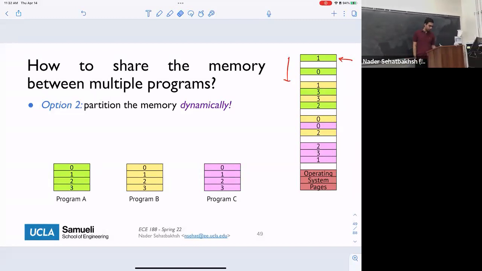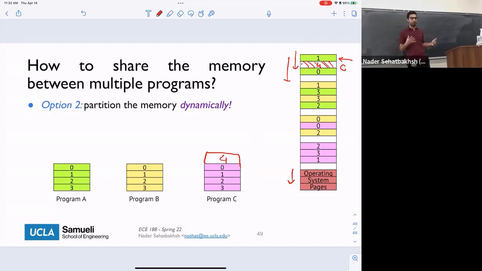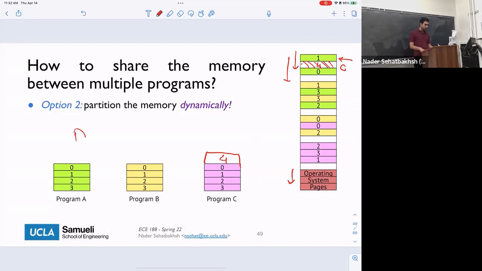Now if, for example, a program sees that it needs to grow, I need page number 4, I'm going to go through this memory and find the first place where there's an empty space for a page. I'm going to name this page 4 with the purple, or program C page 4. The operating system will also use these pages, so everybody uses the same notion of pages. And if I have another program D, again I'm going to put page 0 of program D maybe here, page number 1 here, page number 2 here, 3 here, and so on.